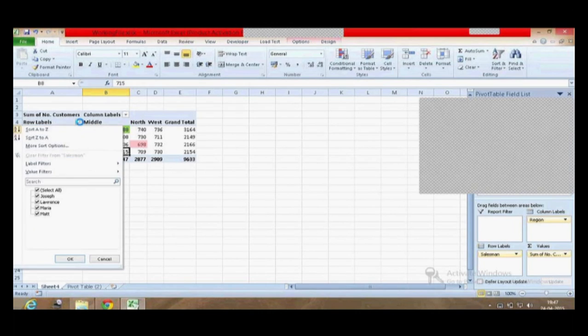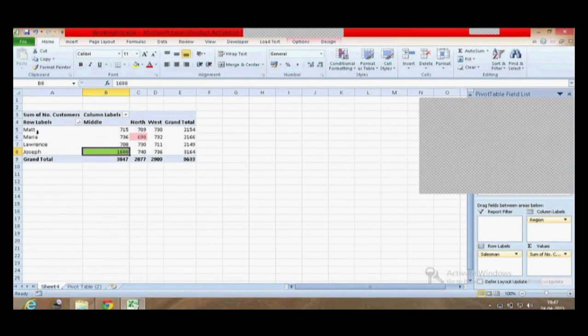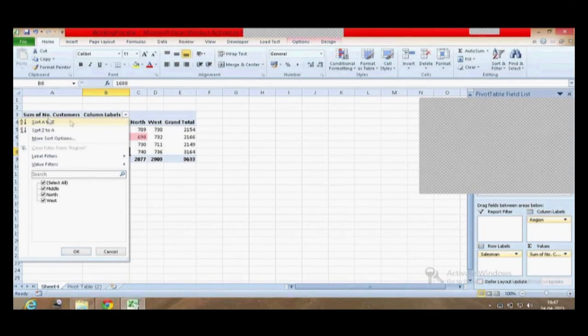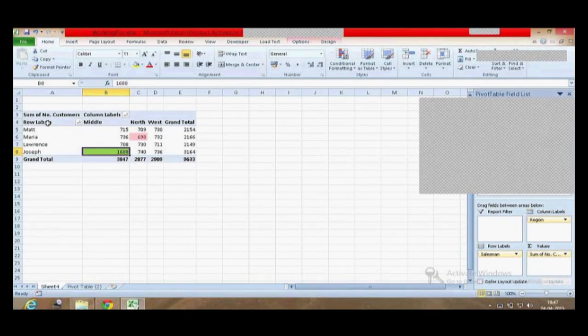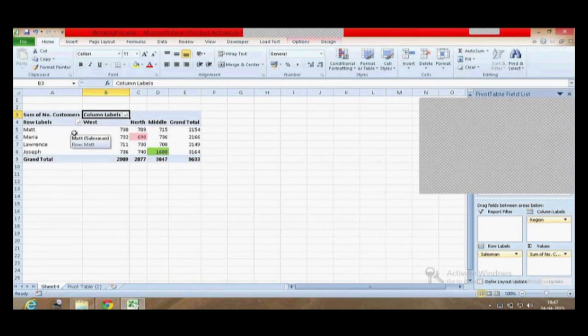Alright. So once you are done with the sorting option, the next option is filtering. The basic filtering everybody can do. But then let's talk about custom filtering. Whoa, if you want to keep Joseph on the top, you can sort based on a custom list.